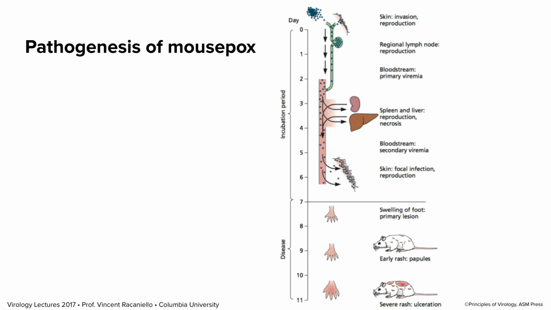In the laboratory, you can inoculate the virus into the foot pad. And that is actually very much like the way the mice get infected in nature. They walk around, right? And the virus is on the ground. It's excreted by mice, and their foot pads are nicked by the rocks and the sticks they're walking on. And the virus gets into the nicks on their foot pad and infects. So that's a very nice route of experimental infection. So you put the virus in the foot pad.